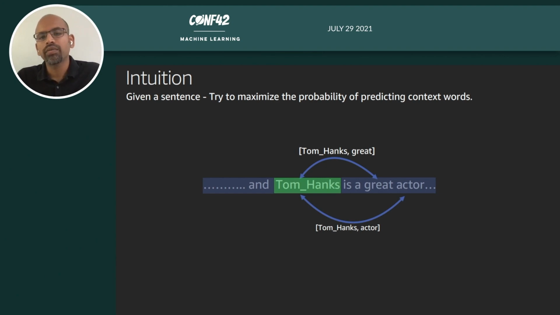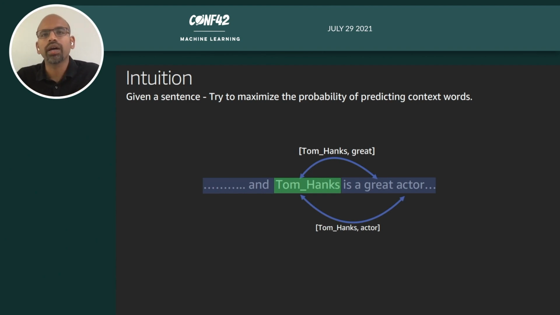Let's say I introduce this word Tom Hanks. How can I predict the context of this word? In this example, let's say we want to predict the context of Tom Hanks. What is the probability that somewhere around Tom Hanks we will find the words great and actor? Quite a lot, because he's an actor, so there is quite a lot of chance that those words would appear